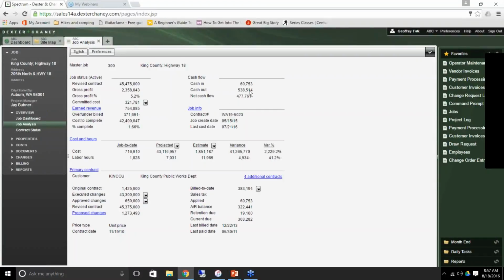Again, you see I have cash in, I have cash out. And if you look down here at the billing, you can see that my negative cash flow would be corrected or a little bit better if the client would actually pay me. Over here, I've got what we call an info bar,